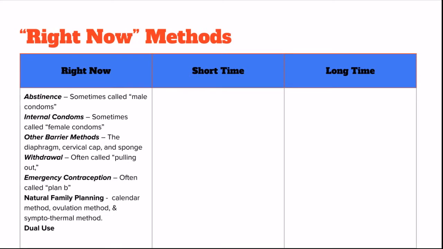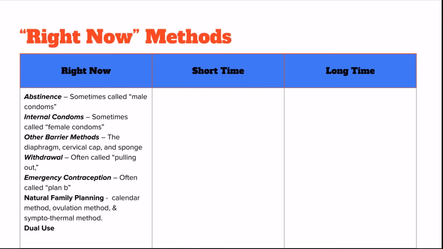Abstinence, or abstaining from and not having vaginal sex, is the only method of birth control with 100% effectiveness in preventing pregnancy and STD contraction. This is only the case, however, when practiced consistently and correctly, meaning always. This method is the method most practiced by your age group as 8th graders. Typically, most people won't remain abstinent forever, but abstaining from sex until a person feels ready or until marriage, if that's what they choose to do, is a very healthy decision to make for oneself.